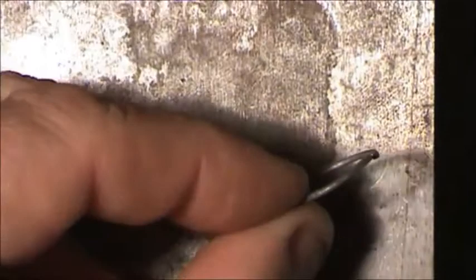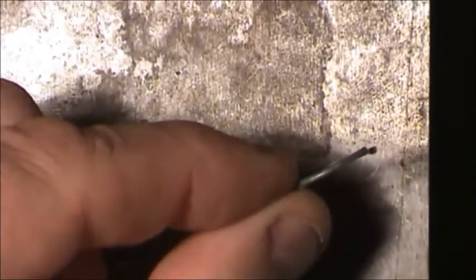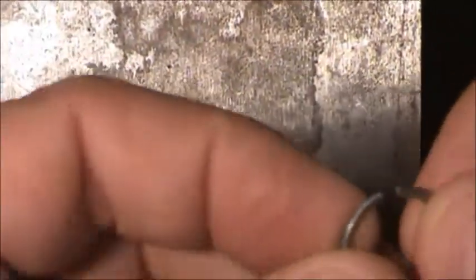Anyway, you can see here where it's been flattening it out. It's not round anymore. It's actually got a flat side to it. And you see where it's a little awkward. Now, from hitting it, you can see here where it actually came apart, because as you hit the metal, it spreads apart. So, what you do here